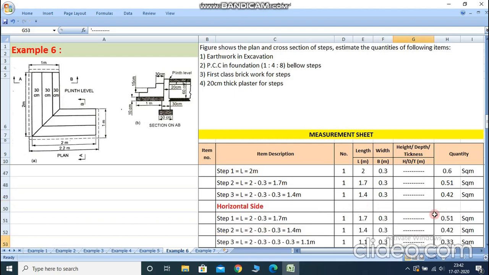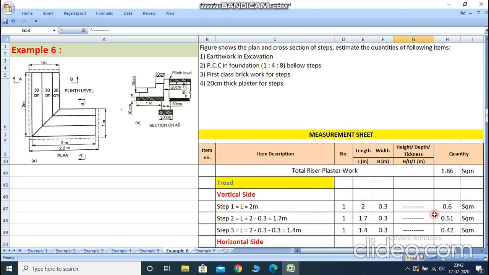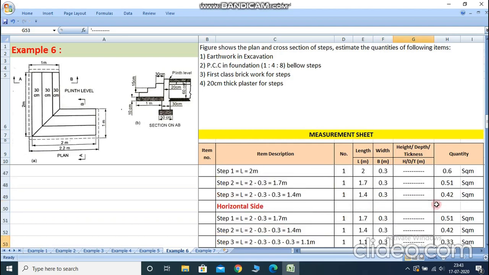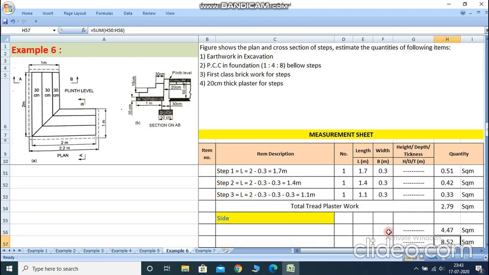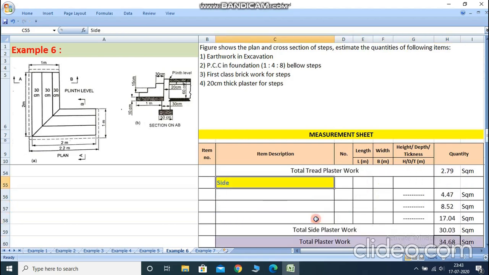So from the vertical side and the horizontal side, the total tread quantity is the summation of 0.6 plus 0.51 plus 0.42 plus 0.51 plus 0.42 plus 0.33, which is equal to 2.79 meter square. This is the total tread plaster work. Clear? Now for the side plaster work,